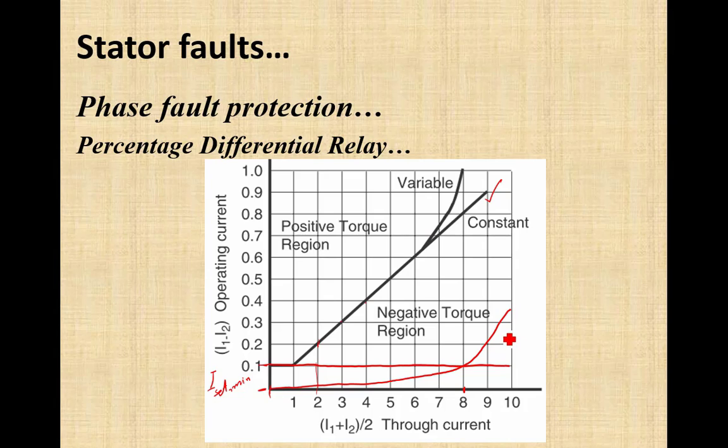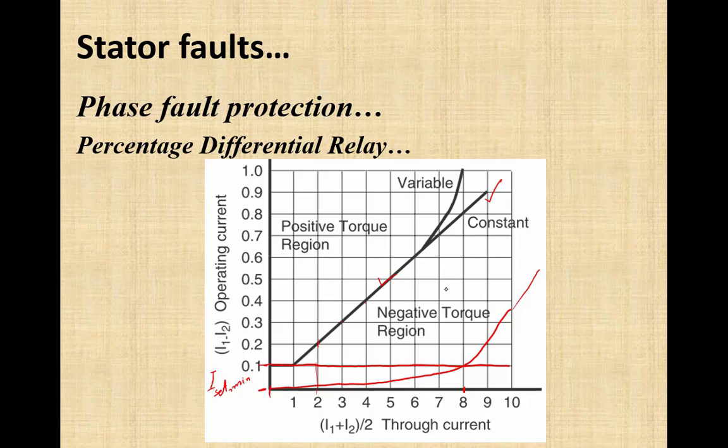So we cannot use it, otherwise we will have to set the pickup setting to a very high value somewhere here to accommodate the maximum error current, which may make our differential relay insensitive to minor faults, or we cannot use this relay. But on the other hand, if we are using percentage differential, you can see no matter how high this retaining coil current is, the tripping criteria, this line, always remains above the difference current in normal condition. It is never going to cause mistripping, or you can say unnecessary tripping of the relay due